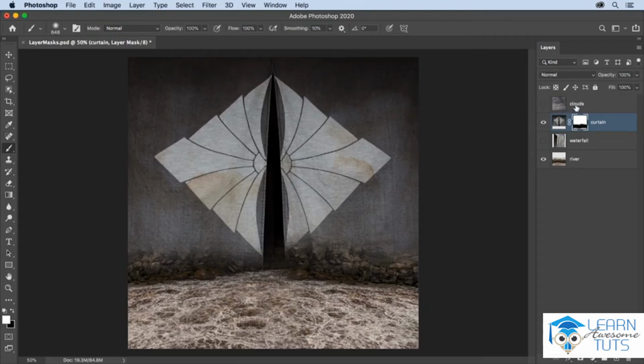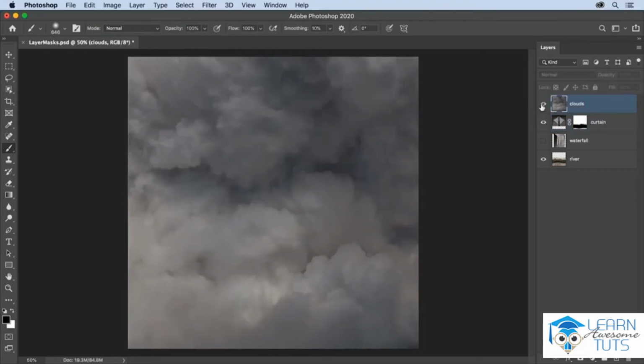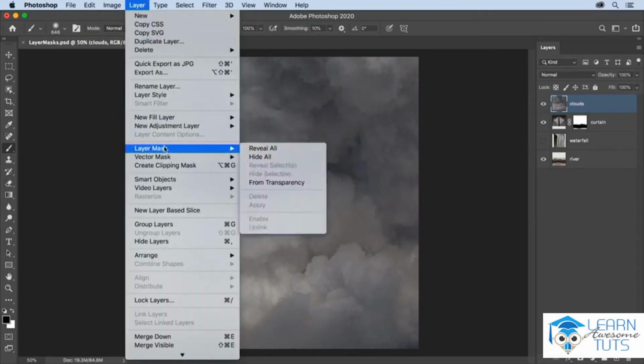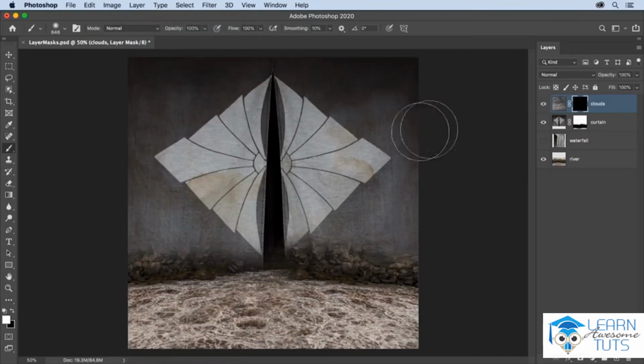Now, let's work with the clouds layer. I'll target it by clicking on it to make it active and also make it visible. I want to add a layer mask to this layer as well, but instead of adding a mask that reveals everything, I'll choose Layer, Layer Mask, and then Hide All. That's going to hide everything on this layer by adding a mask that's already filled with black. This will enable me to see the images below so that I can just paint in the clouds wherever I want them to appear. So with the brush tool still selected, I'm going to paint with white, but I want